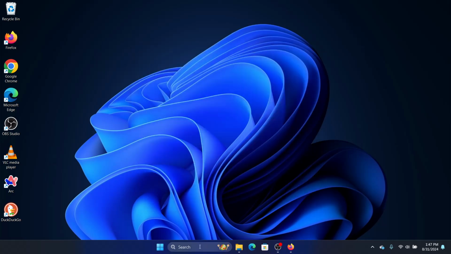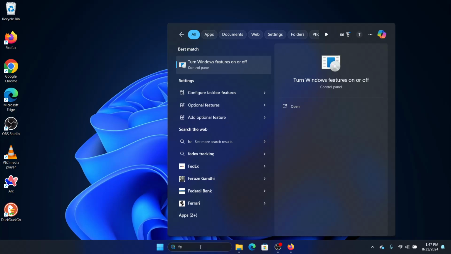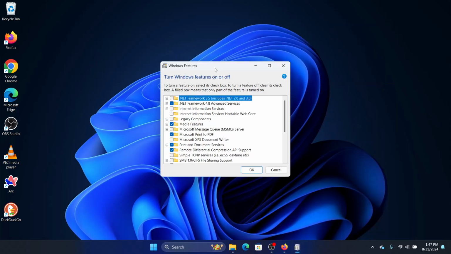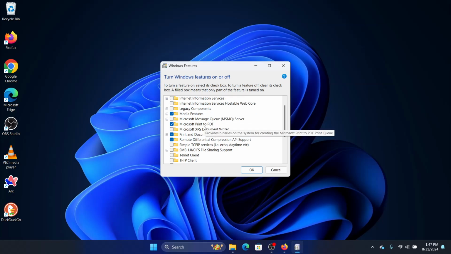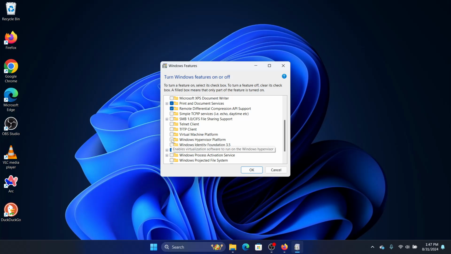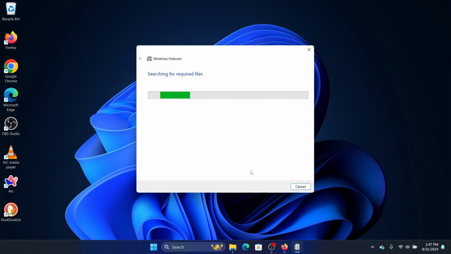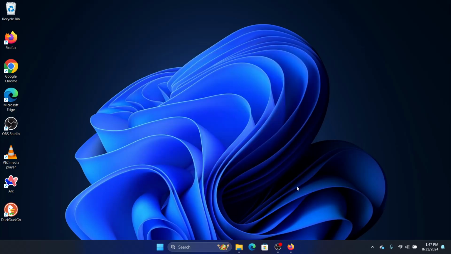If this doesn't work, then you can go for features again, click on it, and you need to turn on Windows hypervisor, enable Windows hypervisor. Okay, here it is, and we will click on this and we will click on OK. Again, it will search for the required files and it will apply the files, and we will have to restart. Once both these options are over, the error should not show, WSL should start